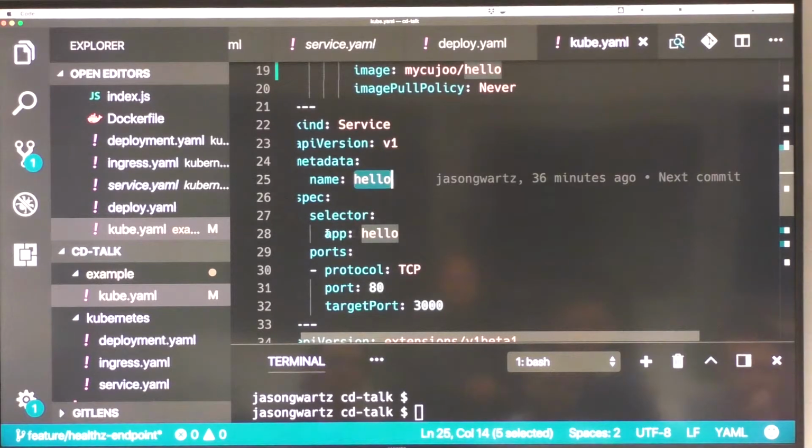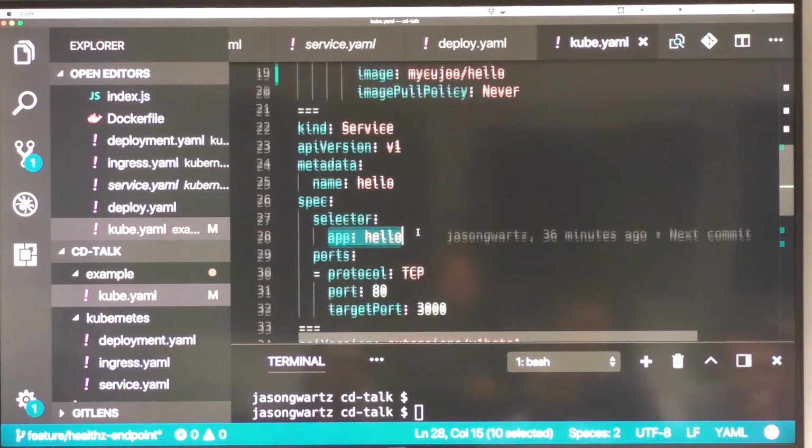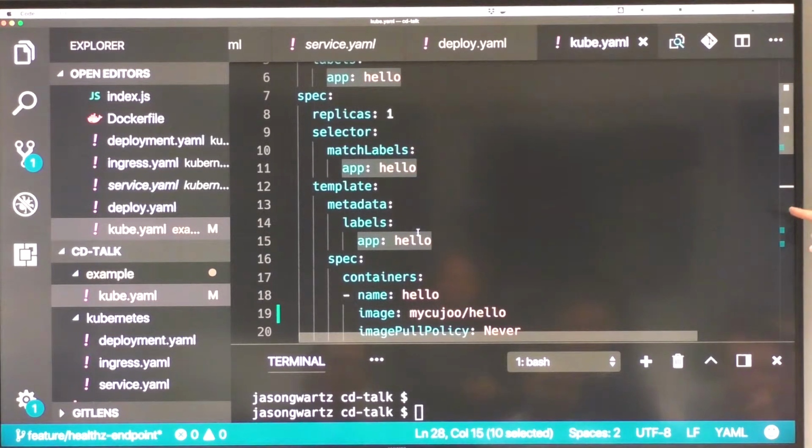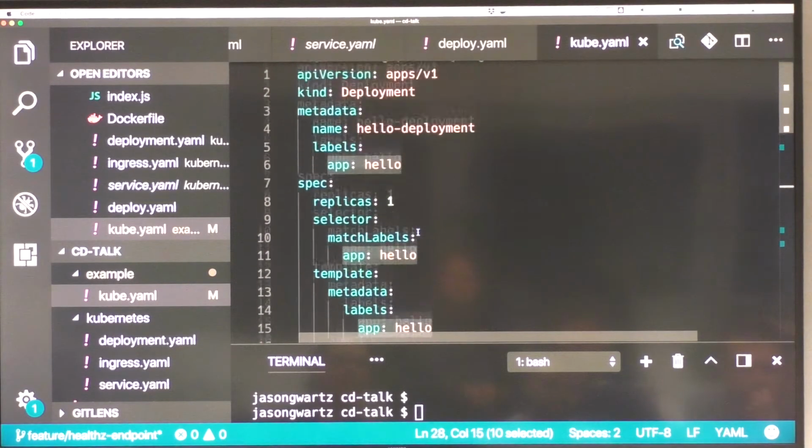This service has a selector, which is app is hello, and that will get routed into my deployment. So it all goes back in the other direction. Traffic comes in for a specific host header, that gets routed into my service, the port gets translated, and then it ends up against my application. So this all works really, really well